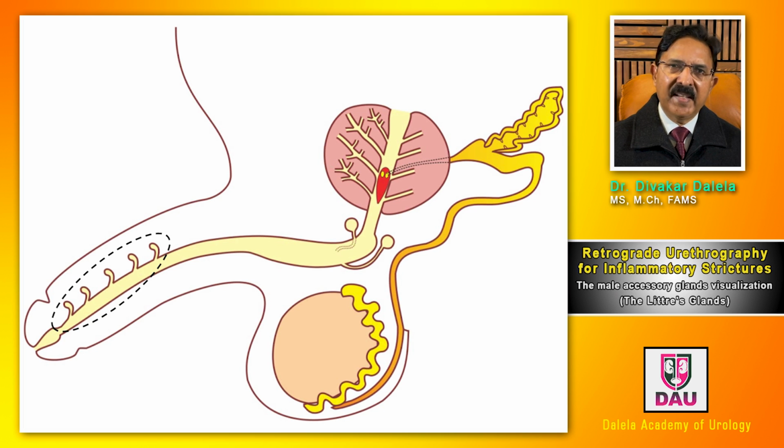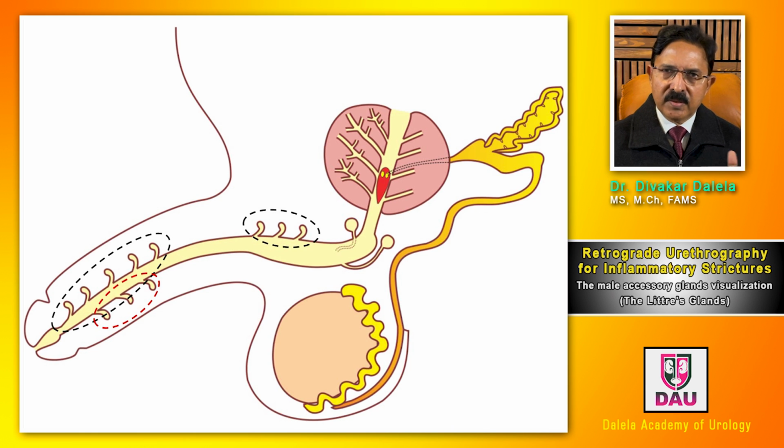These ducts occur in variable numbers in different patients. In the bulbar urethra also, dorsally, you see these Littre glands in different number. You can also see the Littre glands in the ventral part of the pendulous urethra as outlined by the red circle. So these are 3 zones. Maximum number of Littre glands occur in the dorsal part of the pendulous urethra, right?